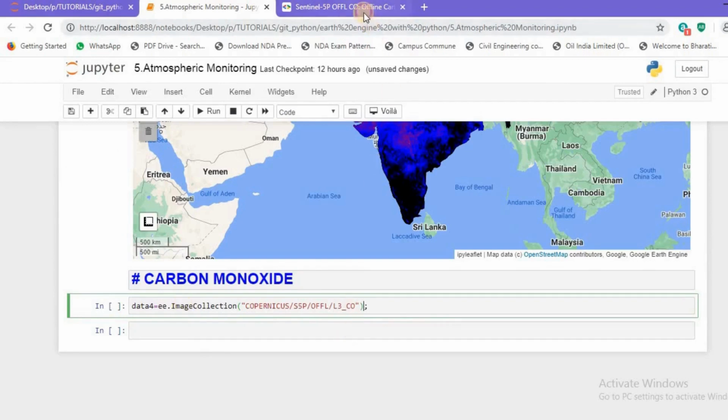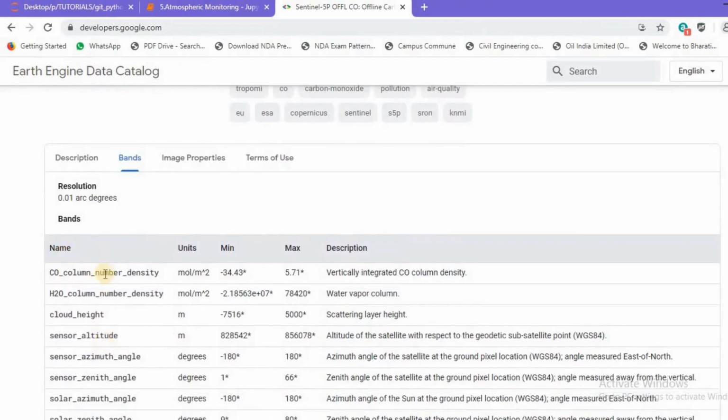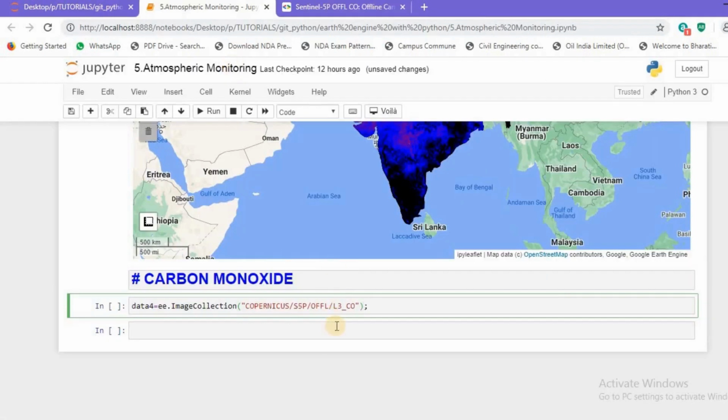For that I'll jump to my dataset, and there you can see there is a band called carbon monoxide column number density. I'll copy this particular line and pass it to a dot select function, with my CO column number density.